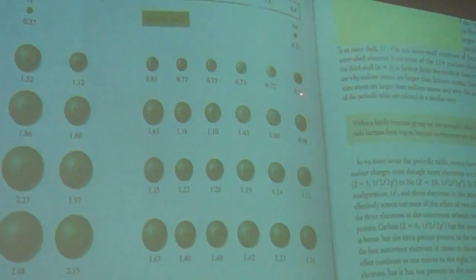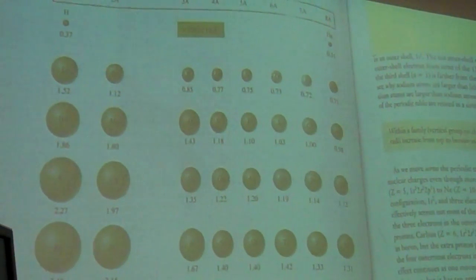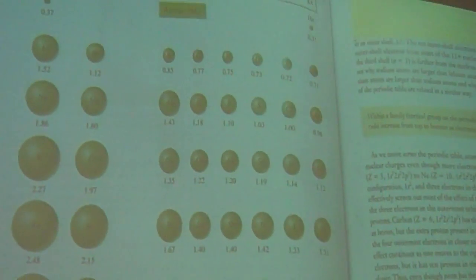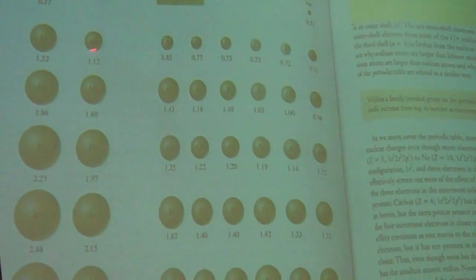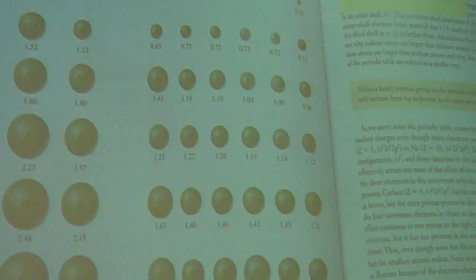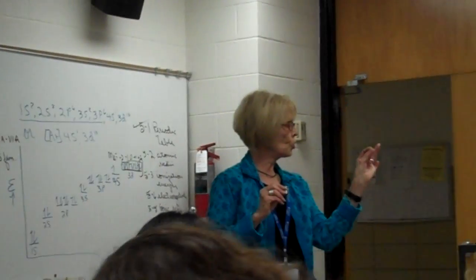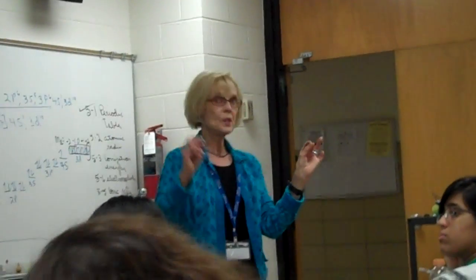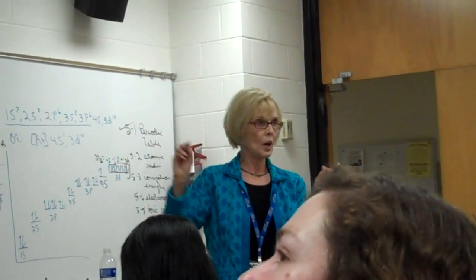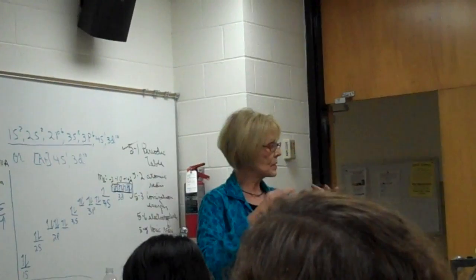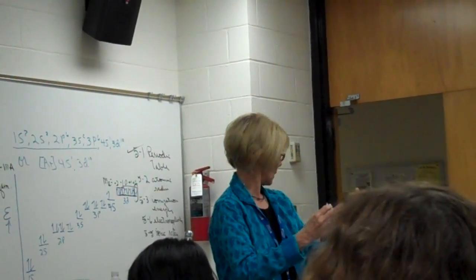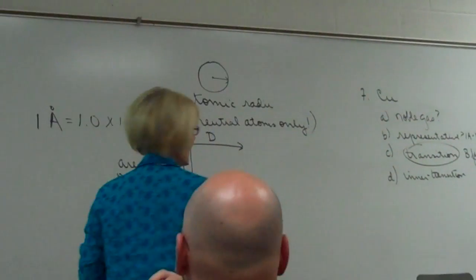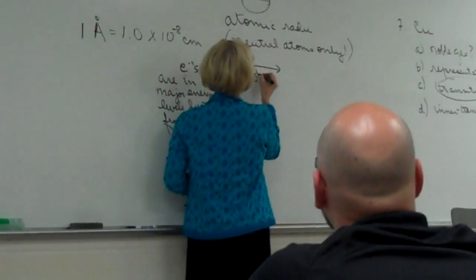Now, as you can see, going across a period, the effect is not quite as great as going down a family. But that's okay. How they explain it is this. Effective nuclear charge is increasing as you go across, attracts it better, pulls them in. It's hard to put that in a nice, concise sentence, but